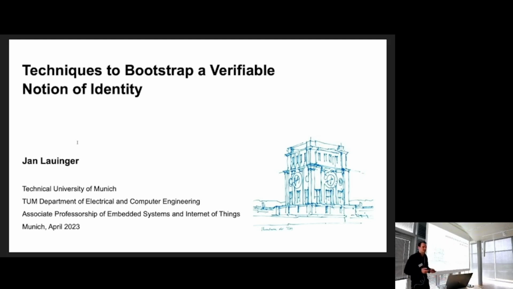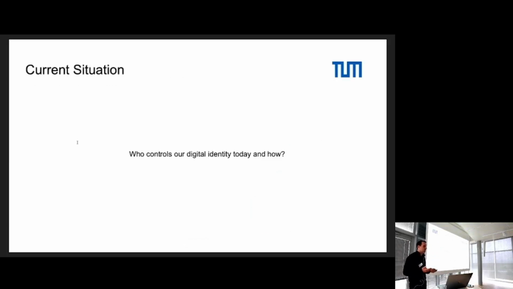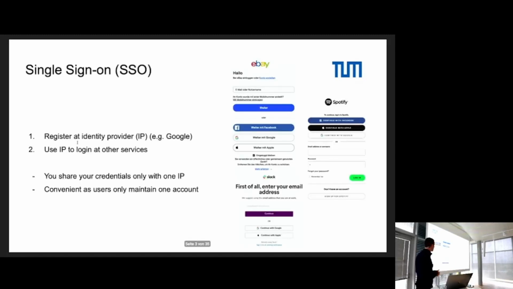It's nice to present our work on bootstrapping and building a verifiable notion of identity. So I will just jump right into the topic, and first we take a look at how identity management works in the current web. So you all know single sign-on, which basically requires you to register at an identity provider once, for example, Google, and then you can actually use your identity provider to log in at all other services